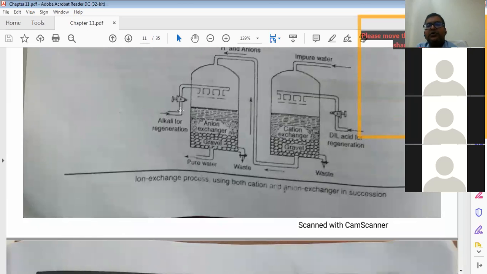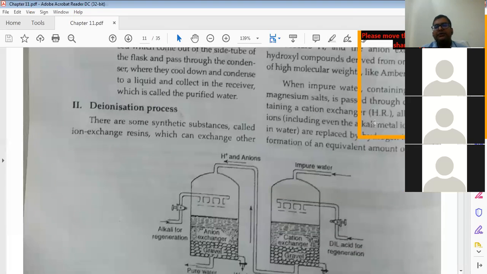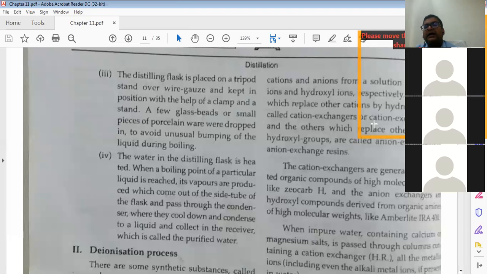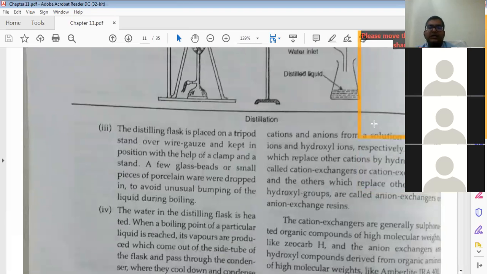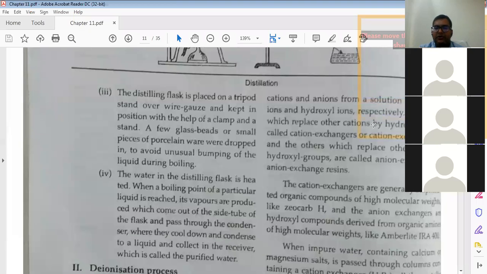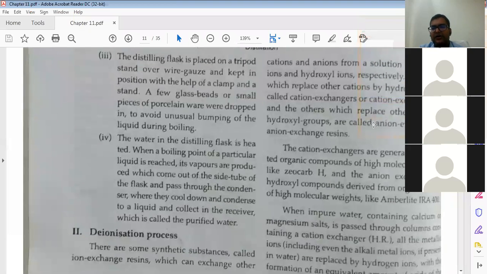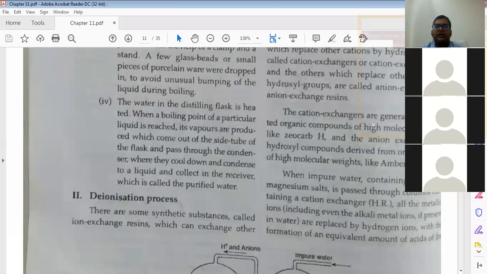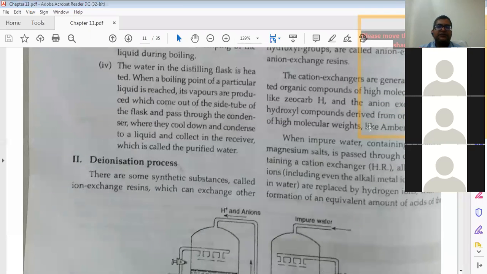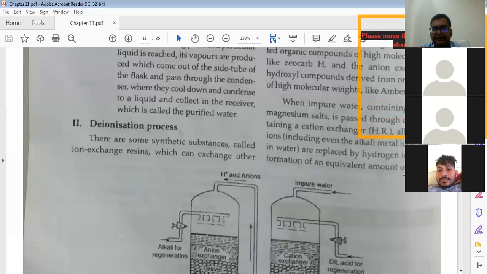You know water has H plus and OH minus ions. On this basis, some materials are kept according to the impurities. We put some ions so that they can catch the impure ions. The impure ions, cations or anions, are taken out and settle down on the base of the vessel. In this way we get purified water.